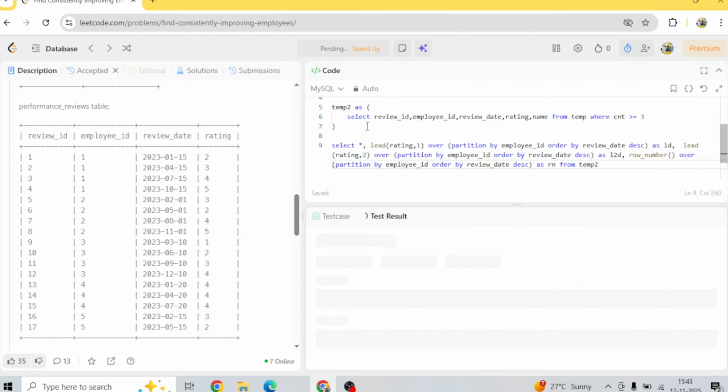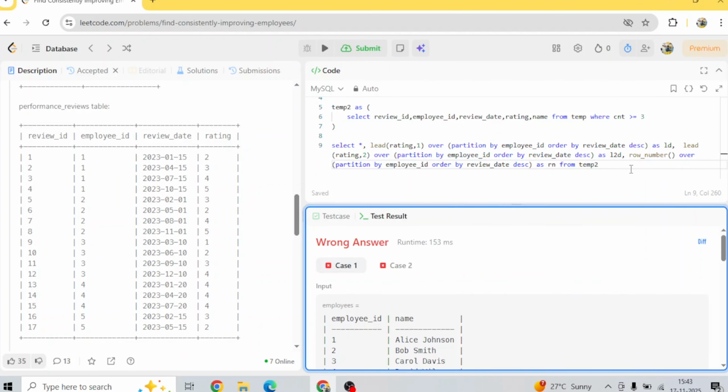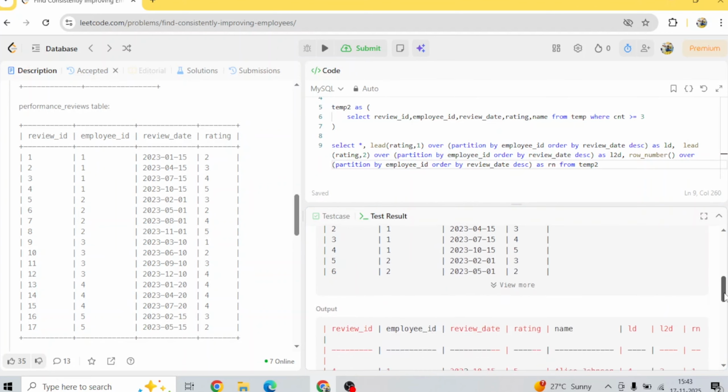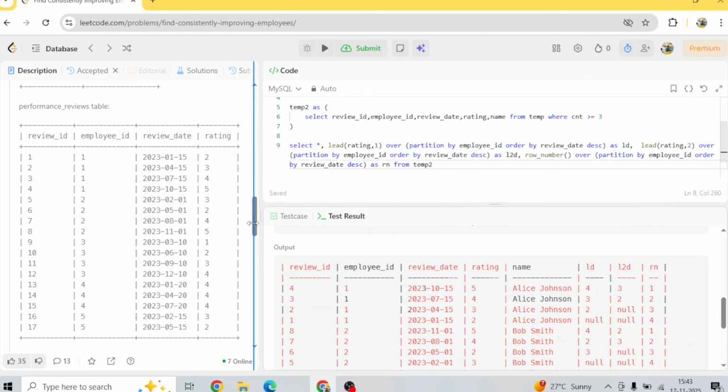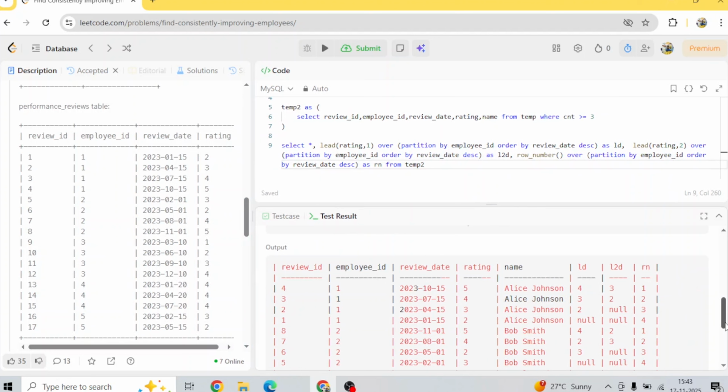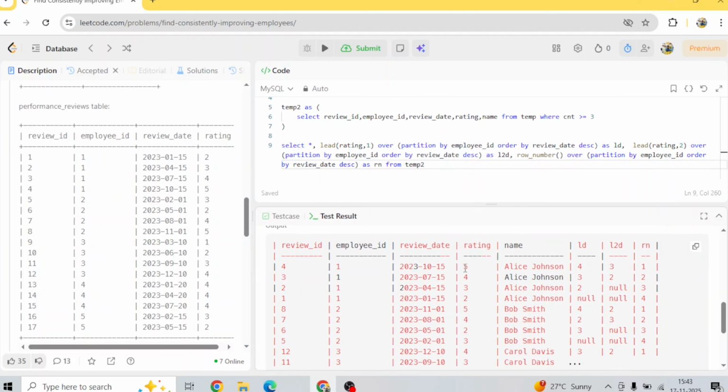I will get everything from temp 2, also the next, the immediate value of the rating, and the second immediate value has also come. If you can just see, for employee ID 1, 5, 4 and 3 has also come, right? If we look into employee ID 2, then for employee ID 2 also 5, 4 and 2 has come. And the reason why I have taken this RN, now you have probably understood,